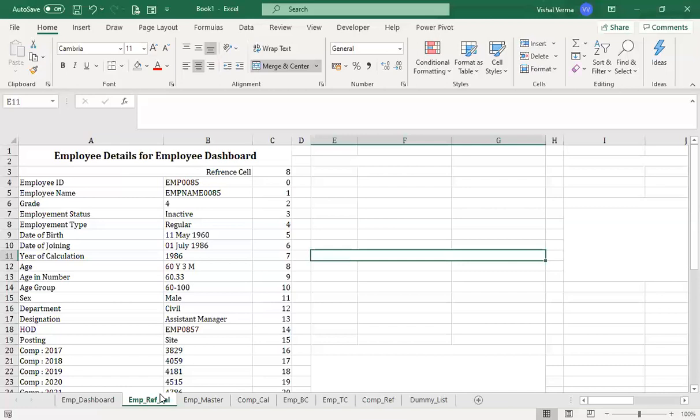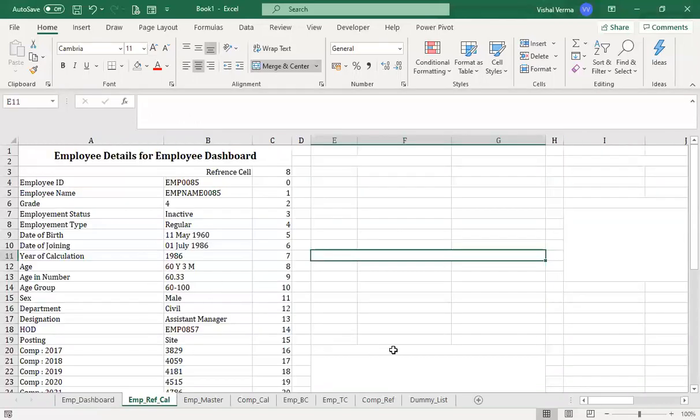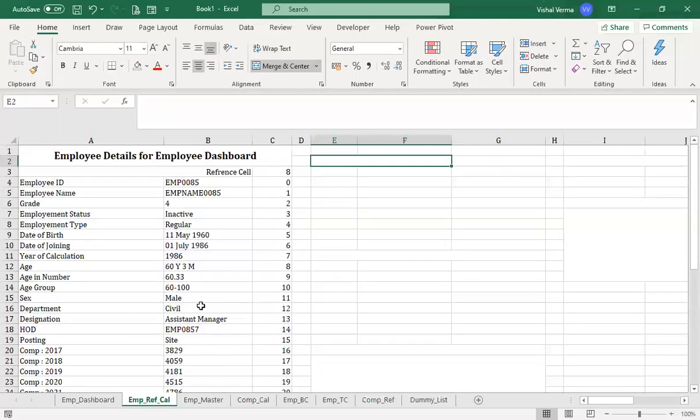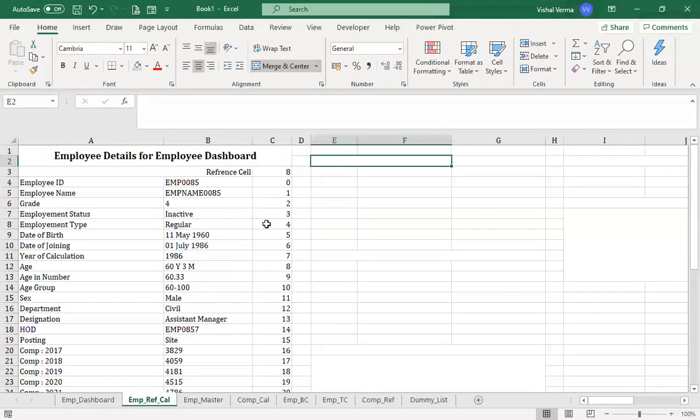So for the employee list, this will be an anchor list, and for the employee dashboard, the employee reference calculation will be the trigger or the anchor one. So let's calculate our compensation related data, which we will be making charts from, because we need to make different charts. Any information that is required for you to put in your data related to the employees, you can just connect it. For example, we can just put equal to, and then link the cell, and the information will be going there.